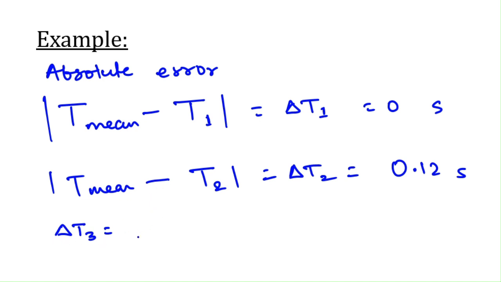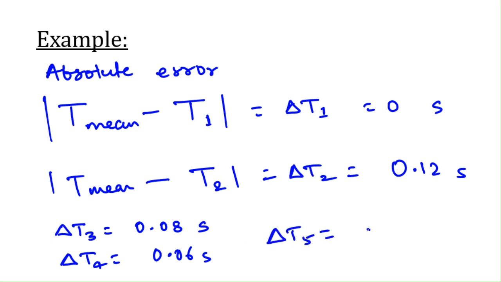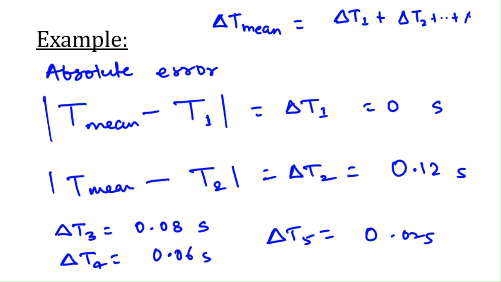And let's say delta T3 will come. If you calculate, I have calculated these already. So delta T4 will be 0.06 seconds, and delta T5 will be 0.02 seconds. Okay. So after obtaining absolute errors for these measurements, we can get the mean value of absolute errors, and that is nothing but we have to add all these absolute errors and then divide by the number of terms. So you can add all these things and divide by 5, and then it will come